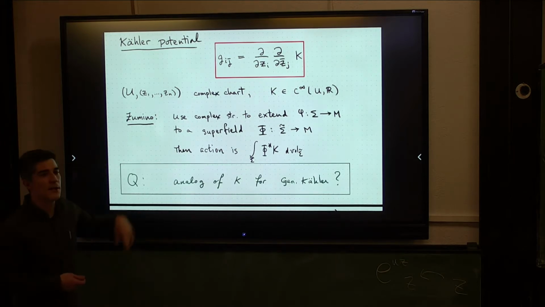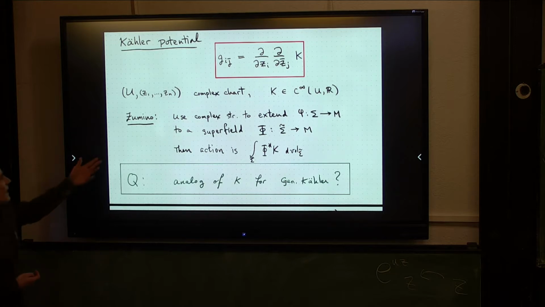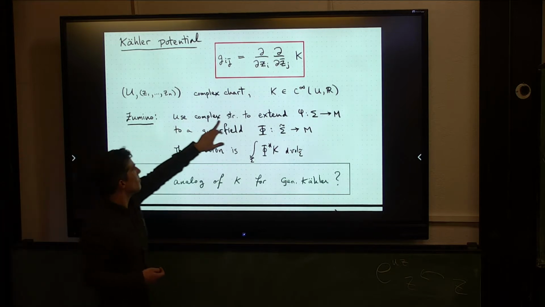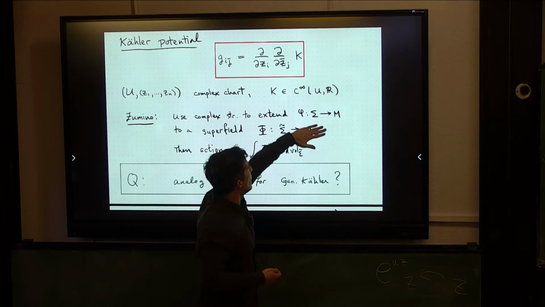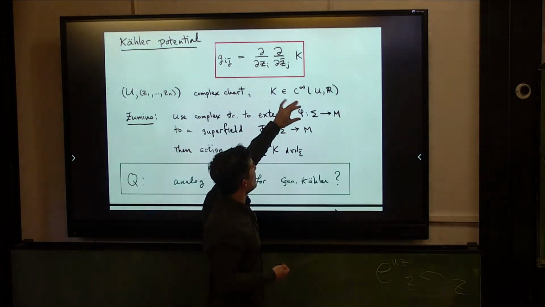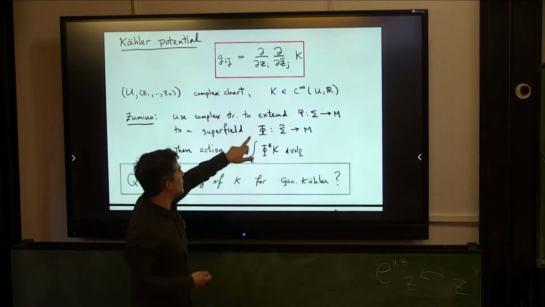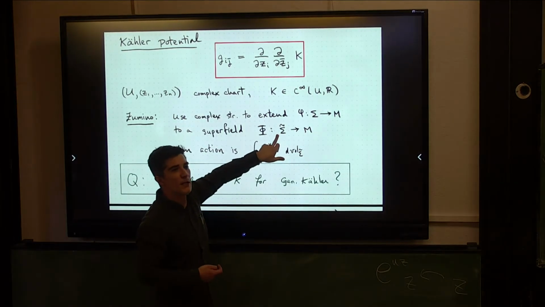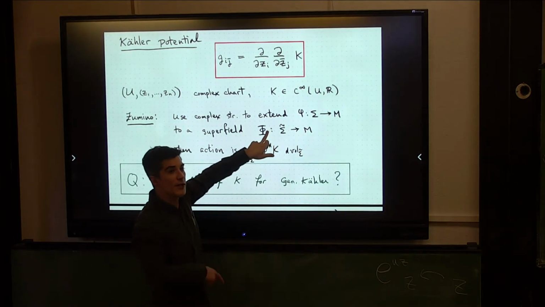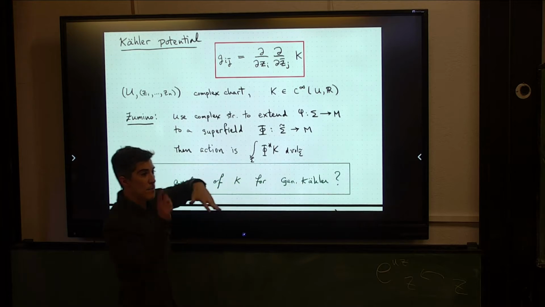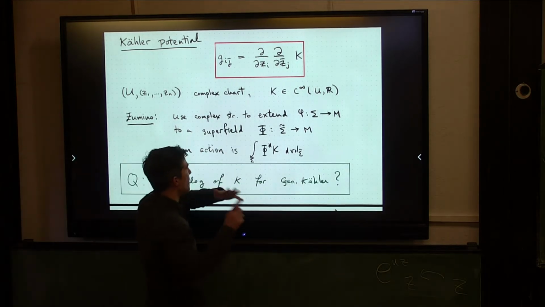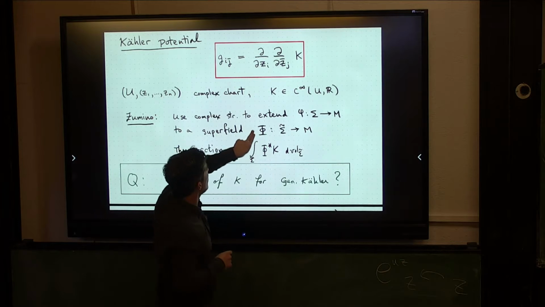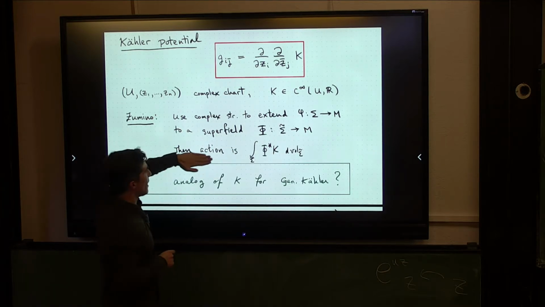which is related to the Kähler potential. And he said that if you use the complex structure, which gives you this supersymmetry, to upgrade your map to a supermap from a supermanifold, which is exactly what Samson was doing yesterday, right? He had this big sigma and this big phi, which included the bosonic part. Anyway, I think you know what I'm talking about. So if you extend it in this way, then the action of the sigma model, which